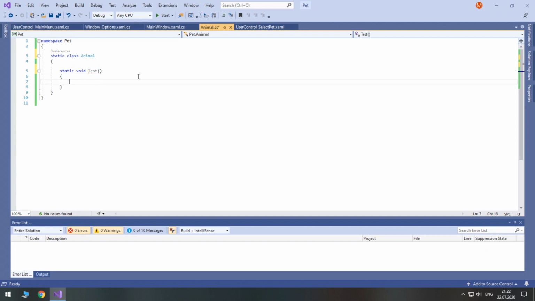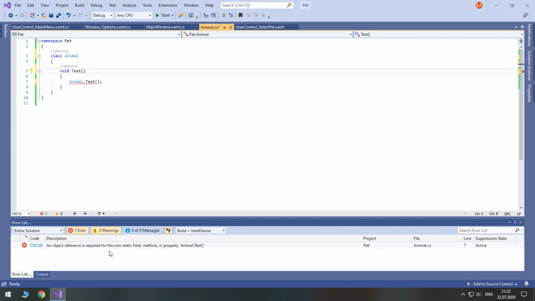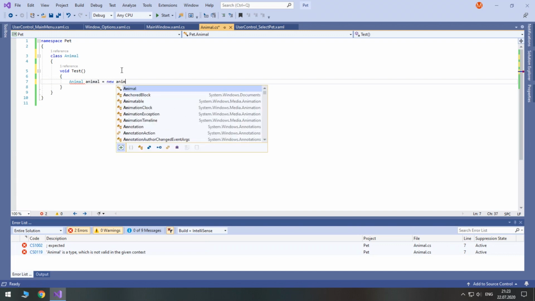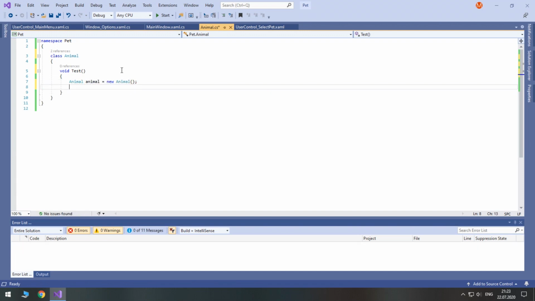For example, you can call Animal.Test. However, when it is non-static, you have to create an object reference. So you need to make an instance of this class, like animal equals new Animal, and only then you can call methods using this instance, like this.